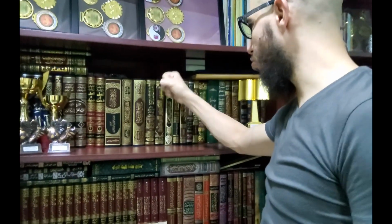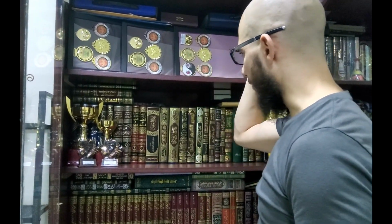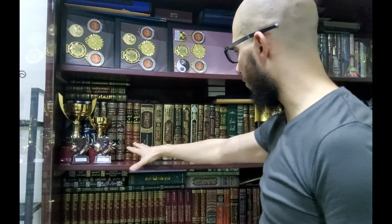This is where the treasure is, baby. Without the Arabic language, you are at a disadvantage, brother and sister. I've said this a million times and I'll say it again. If you don't know Arabic, you are at a disadvantage. All of this treasure